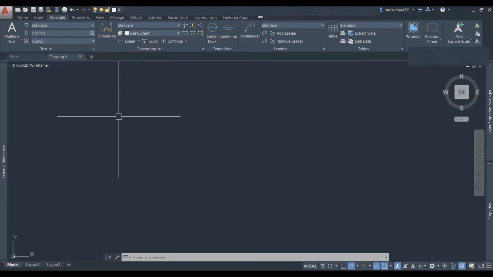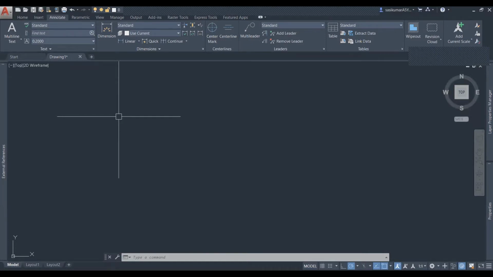Before you start to do the drawing dimension, you have to set the standard. For example, when we started to draw the sketch, at that time we set the paper size and paper limits and everything, right? The same procedure, you have to create the dimension style for yourself.